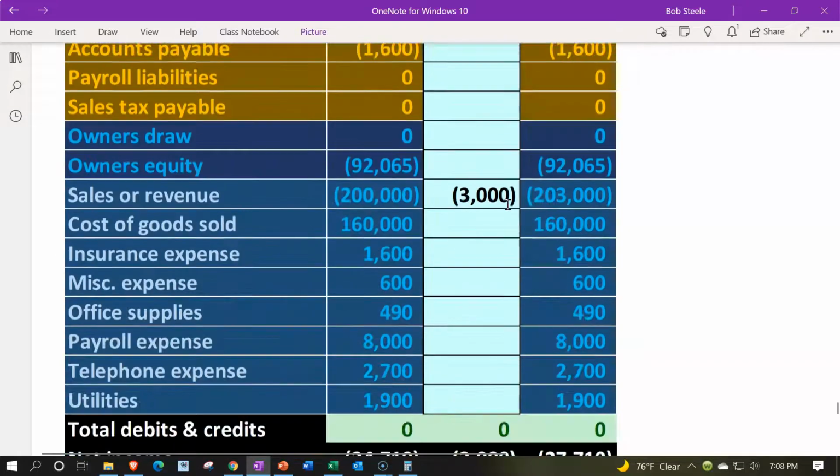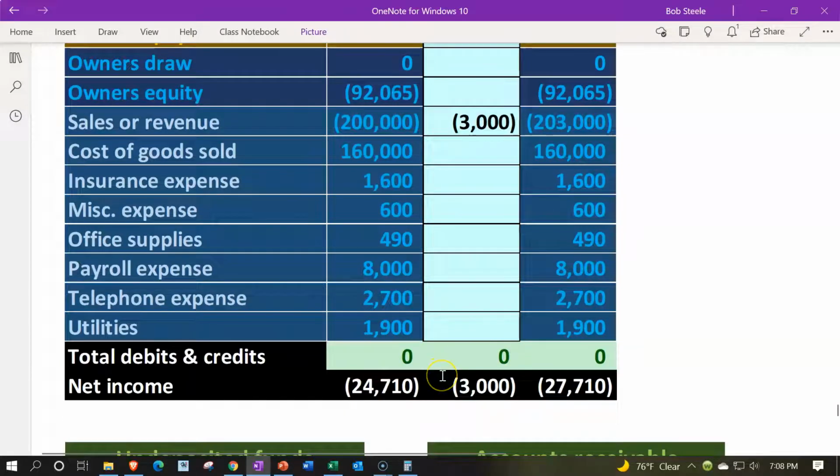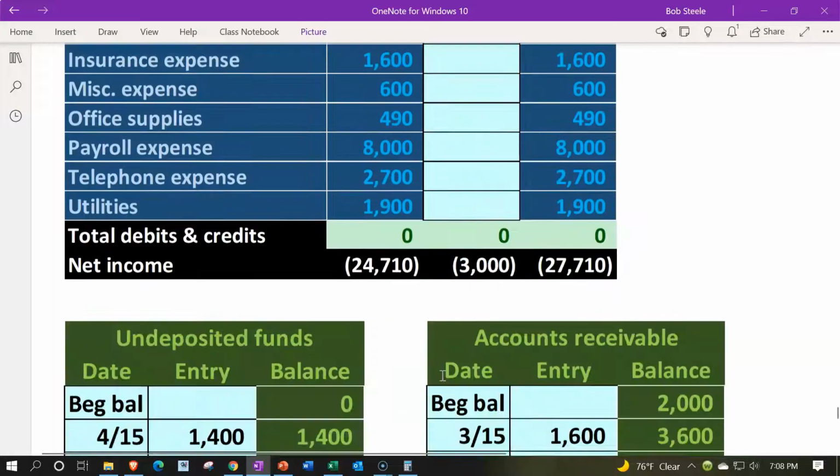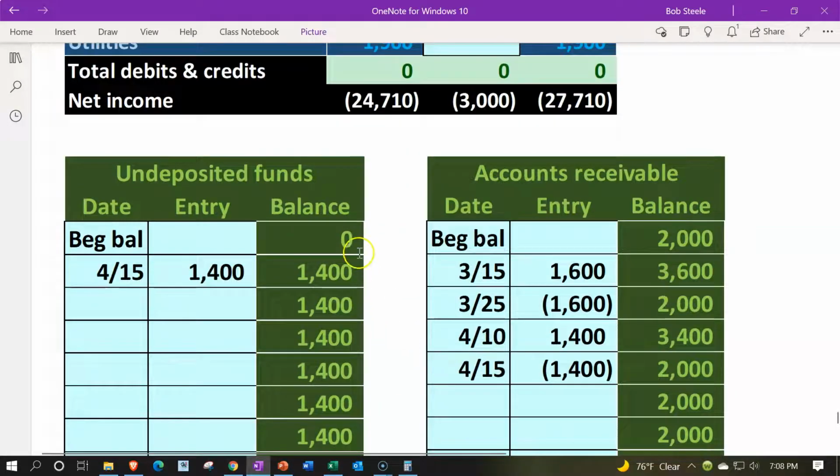No impact on net income from this second transaction because we've recorded it at the first transaction, when we actually issued the invoice. The undeposited funds account went from zero up by 1,004 to 1,004. We would expect, after we collect any more cash or whatever the payments are for the rest of the day, we would deposit it into the bank in whatever grouping we think is going to be on the bank statement